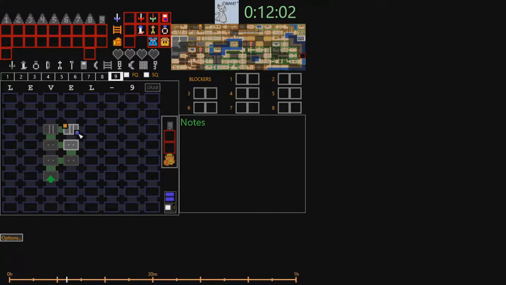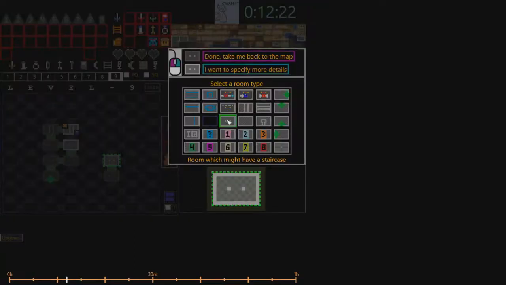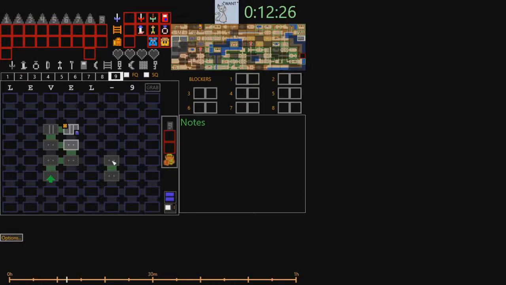It was not always like this. Once upon a time, if you left clicked on a room, it would be a completed room, and if you right clicked on a room, it would be incomplete. But then I needed a way to pop up the UI to select the different room types. And so the way that I ended up doing it was this: